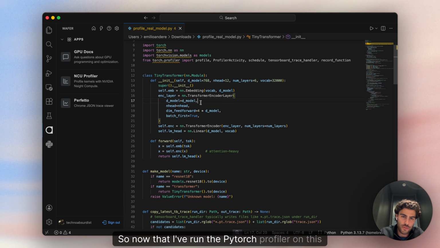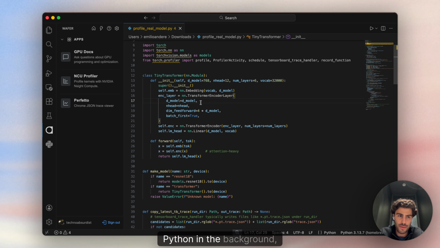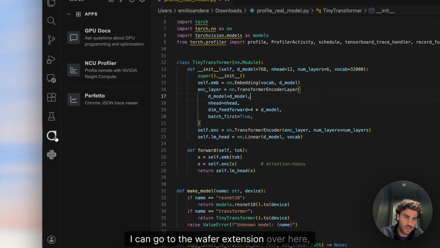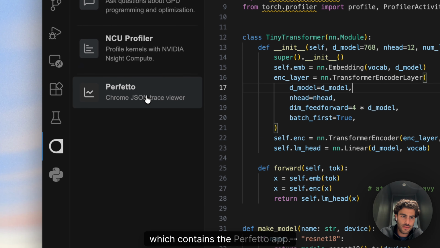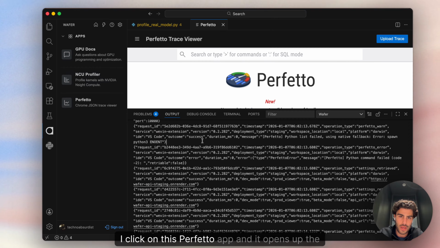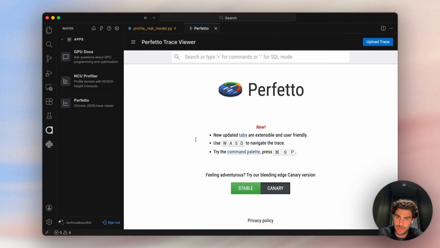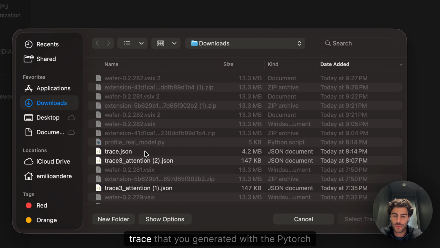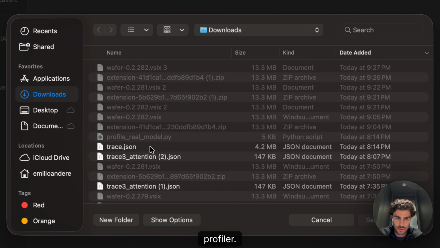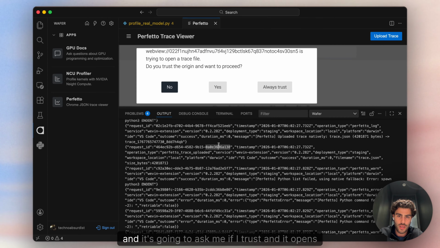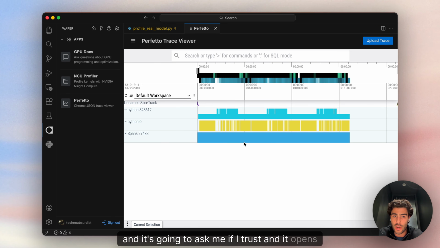So now that I've run the PyTorch profiler on this Python in the background, I can go to the Wafer extension over here, which contains the Perfetto app. I click on this Perfetto app, and it opens up the Perfetto view. Now we've included this button called Upload Trace over here, which you can simply click and then select the trace that you generated with the PyTorch profiler. So I click on the trace.json, and it's going to ask me if I trust it, and it opens up the